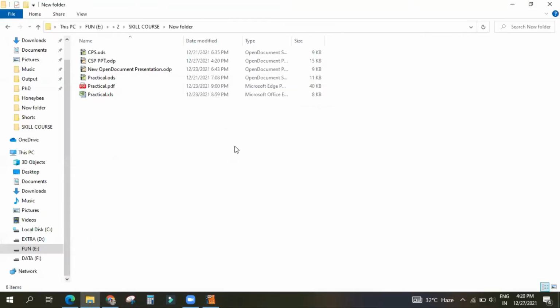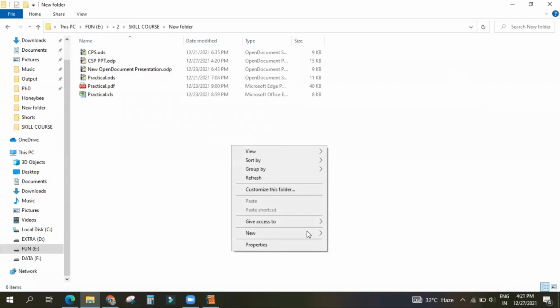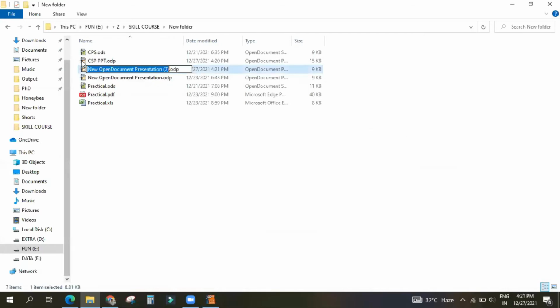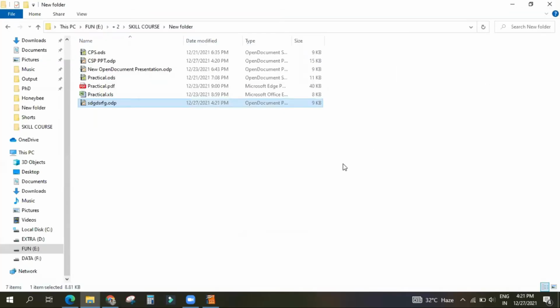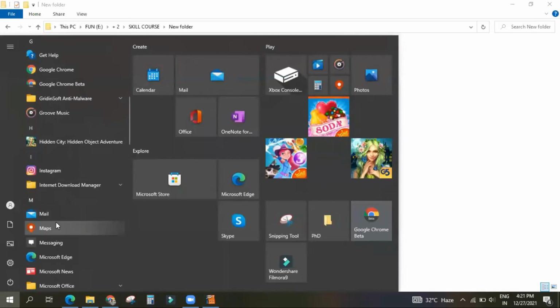But suppose I do like this: new file, then open a document presentation, then I put something. Now when I open this one, I can go for Save. Getting my point or not? I think you could not understand. While doing like this through All Programs, have you created that file at any location in the computer?